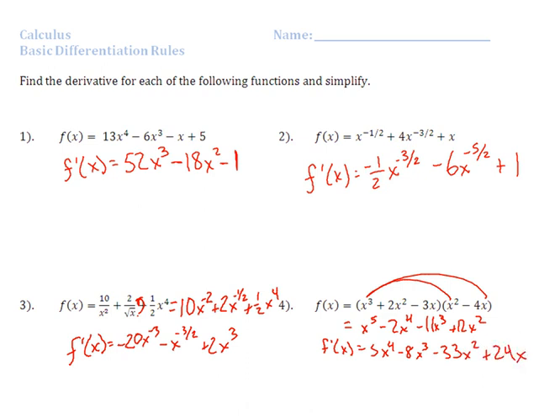Your other option would have been to do the product rule right from the beginning. You have two things multiplied by each other, so use the product rule. In that case, it would be f prime of x equals this quantity. First,